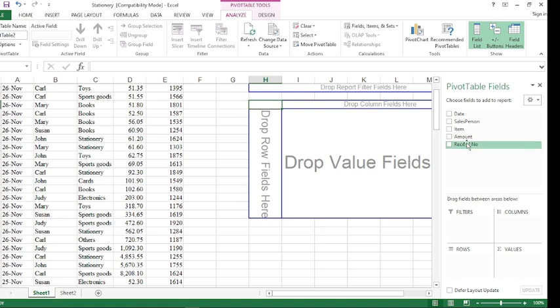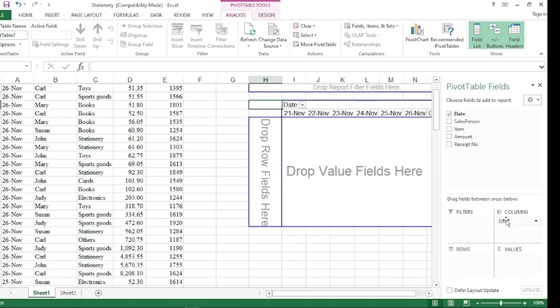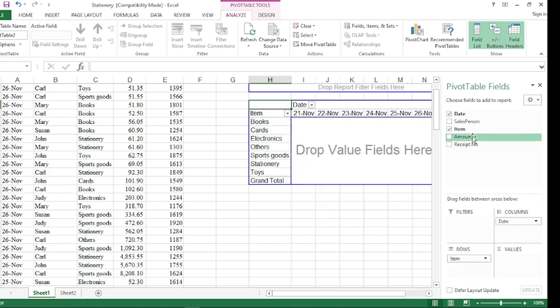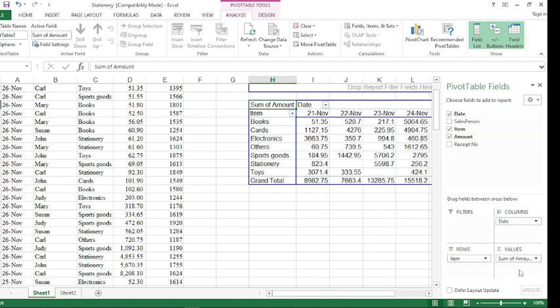For example, we can choose to have date as our columns, so you drag and drop there. Then we have something like item as our rows, and amount as our values, so that we can tell that